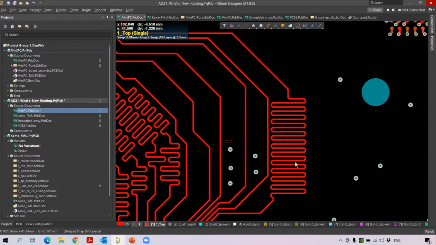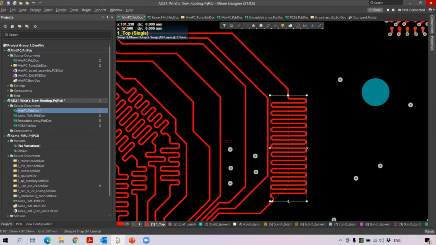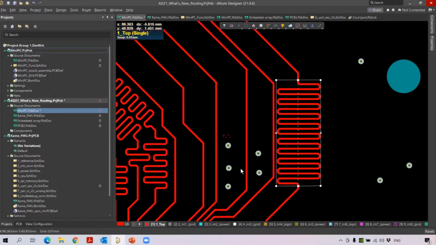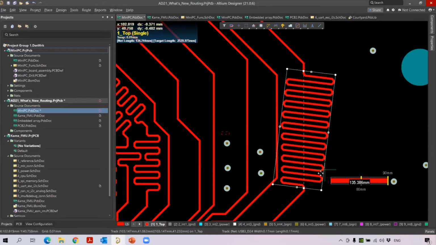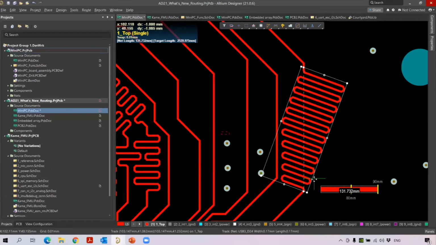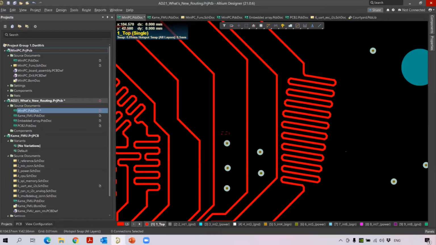Now, once I have drawn the accordion, if I want to select it and adjust it, to increase or decrease the size, I can do the adjustments here. Also, if I want to rotate it, for example when the gap between one trace and the other is very small and you want to adjust based on the angle, the new feature is that you can hold the Control key and rotate it. You can see it rotate here, and the angle is adjusted automatically. So you can do this for the accordion.